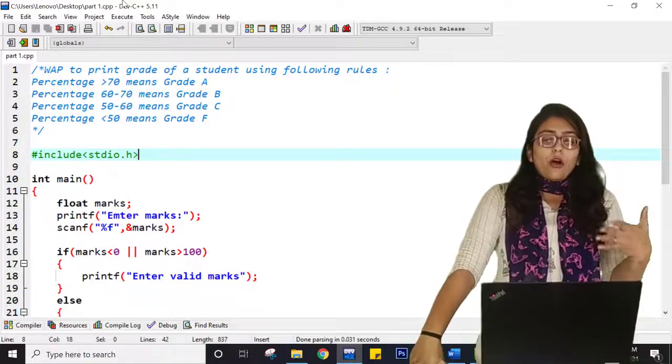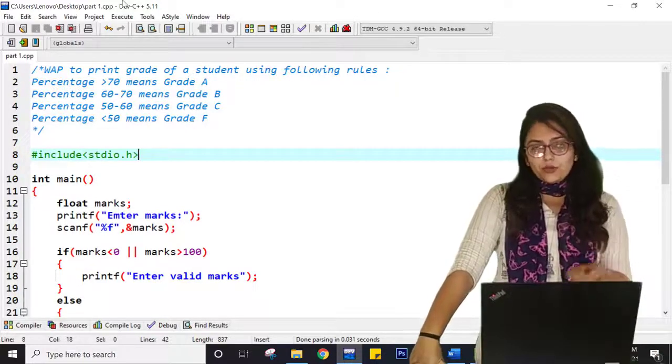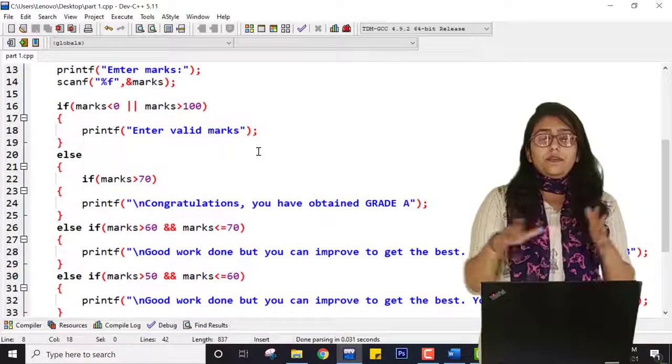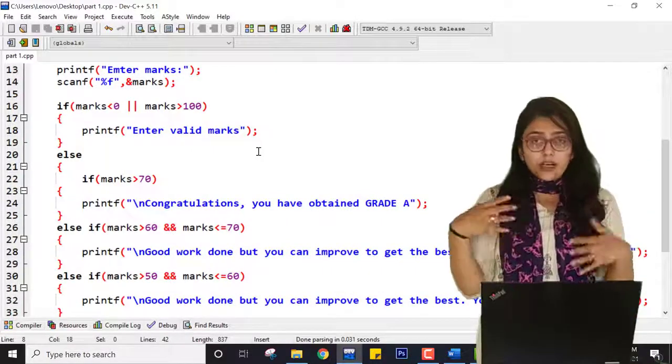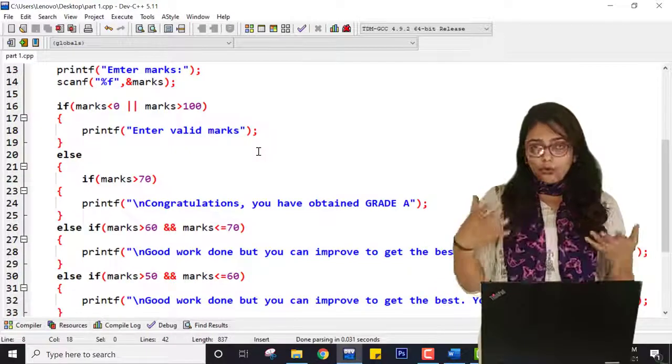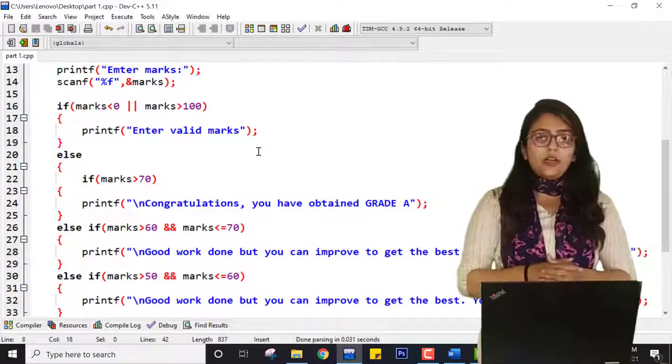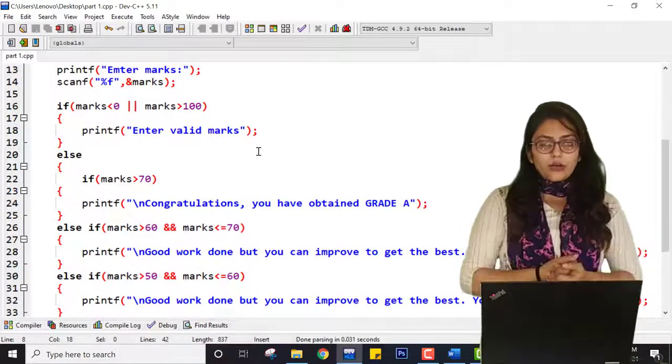Okay, so you can also find some variants of this code, because I am not saying one program can be done with only one logic. You can find your own logic as well, and you can verify it with me by commenting below in the comment section, or you can also ask me personally.